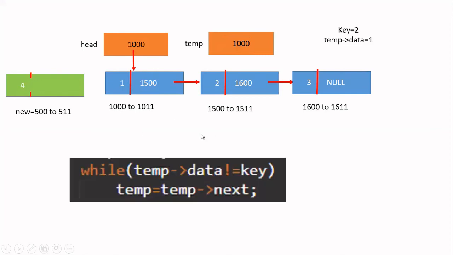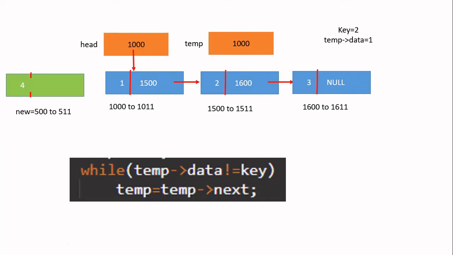Next, what I have to do is start from this node. I have to check whether the data field in this node is equal to the key or not. Key is the thing I had got from the user in the previous slide. So I have to check whether the data field, try to focus here, the data field, not the next field. The data field is 1. I have to check whether it is containing the key value. If it is not containing the key value, I have to continue my search. If it is containing the key value, I can stop my search. Searching is going to be done linearly. One by one, you have to search all the elements in your linked list.